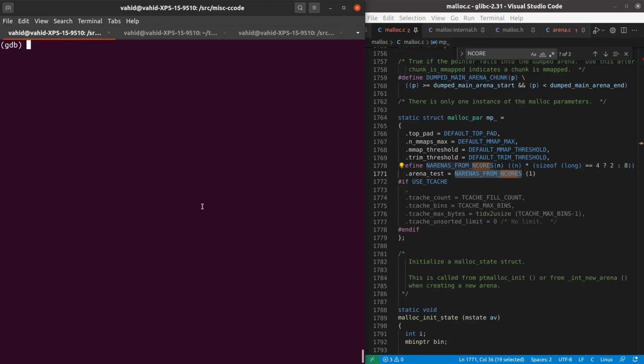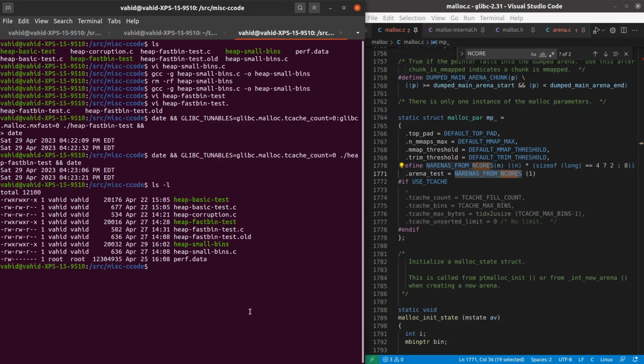What I'm going to do now is I'm going to basically run a benchmark and see the effect of arenas. But before that, I'm going to run my benchmark. That's a multi-threaded application, and I'm going to attach GDB to it and just inspect the different variables related to arenas. So the benchmark that I'm going to be using is